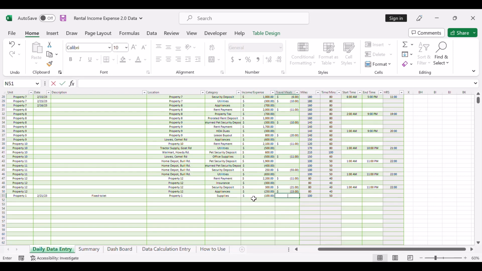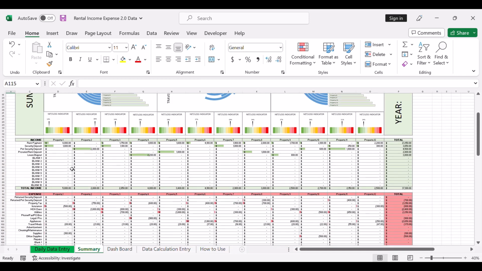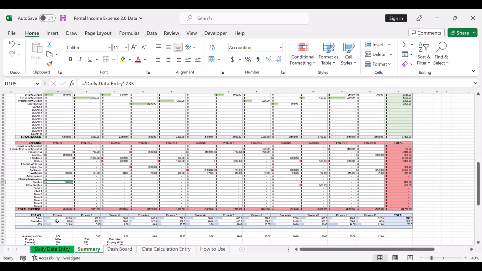and let's say you spend $6 on travel meal stays, so you keep track of it, and the amount of time, if you want to track, let's say from 6 a.m. to 9 a.m. I was there to fix the toilet, and it calculates that for you. Let's go here and see here. As you can see here, the supplies, you see how I automatically add $100 in there, and then the miles